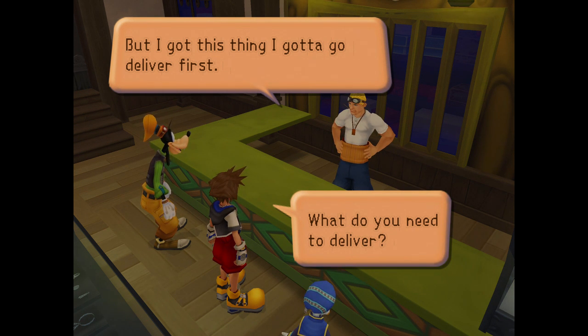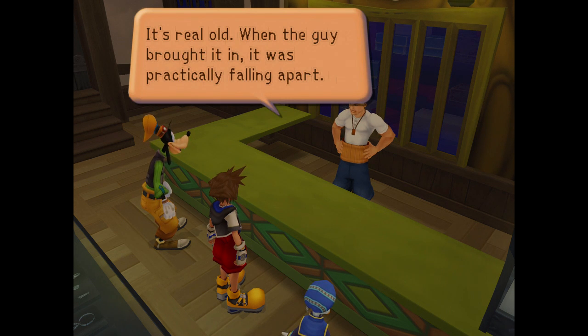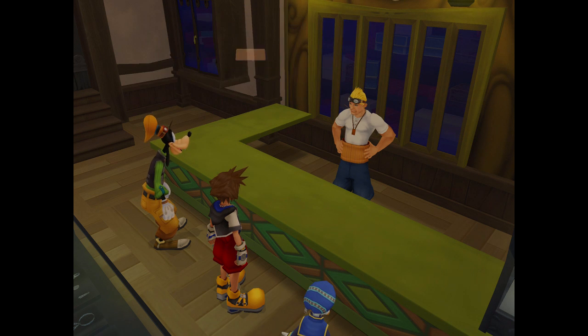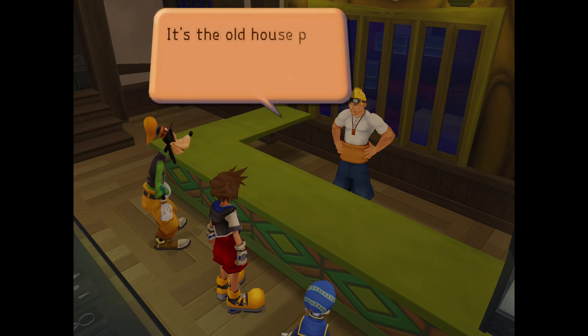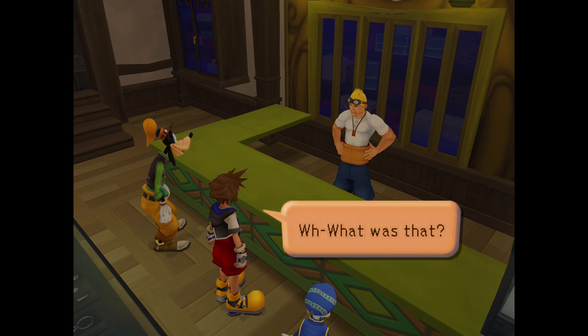But I've got this thing I have to go deliver first. Oh, good. Just this book. It's real old. Oh, maybe I'm not even supposed to access the wizard's thing until after I do this. Correct. Because he's like, hey, deliver it to this mysterious house out in the back. Hit X. Old house past the 3rd district. What was that? Sounds like...